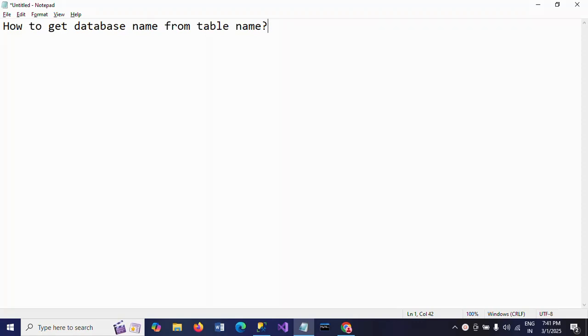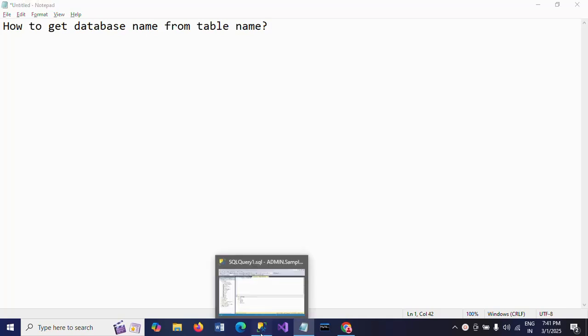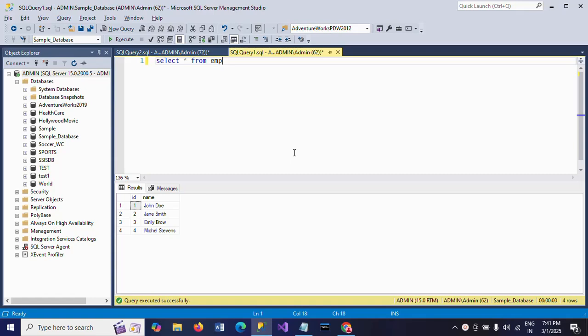Today I will show a demo on how to get the database name based on a table name. This is my SQL Server Management Studio, where I have some user databases. I have one table called EMP, which is there in some databases in my system. Right now I am in sample_database, but I don't know exactly in which databases the EMP table exists. For that you can use a system table called